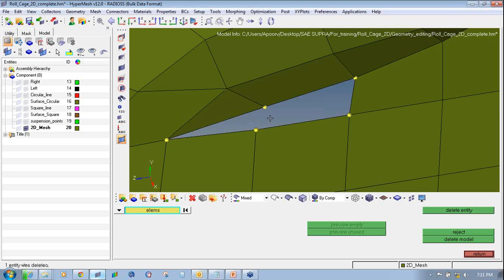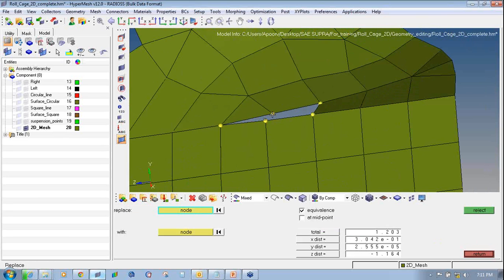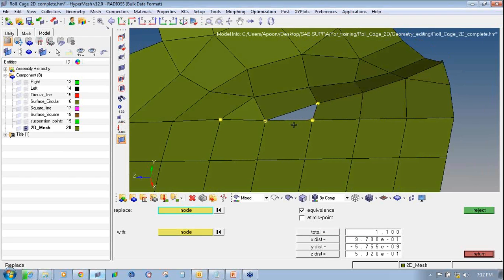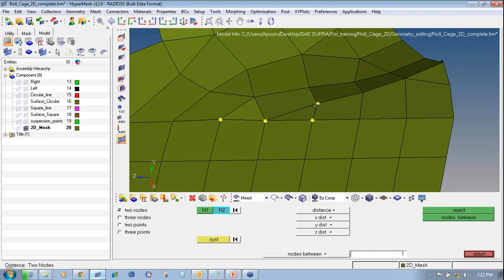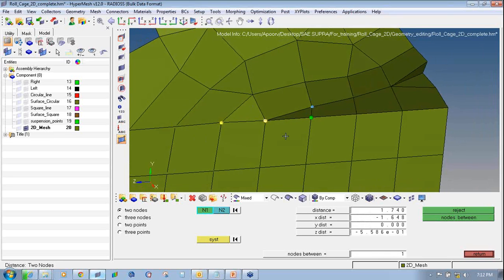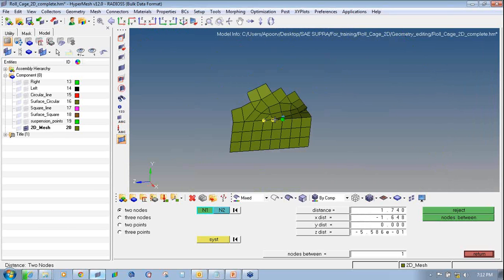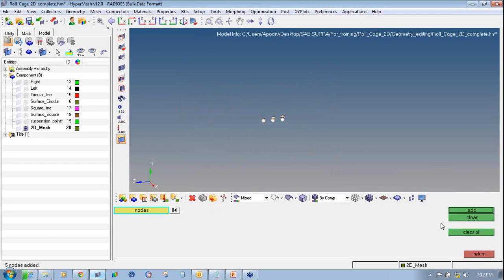Delete this one also, and F3 from this node to this I will merge it and create a tria element. Press F6 from the keyboard. This distance is 1.7, so it is perfect. Then F5 and mask these, shift F2, clear this, F